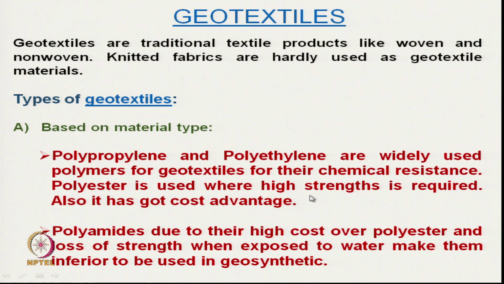Polyester has higher strength and they have a cost advantage also. Sometimes we use polyamides for very special applications, but the main problems with polyamides are their higher cost and also their strength drops when exposed to water,